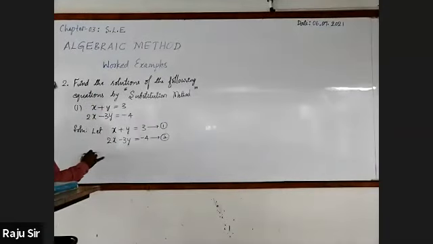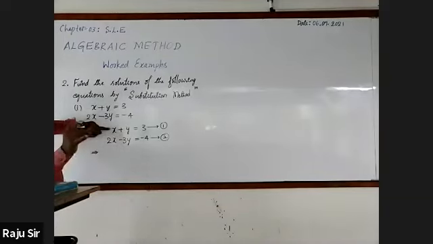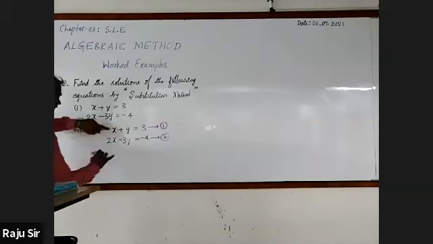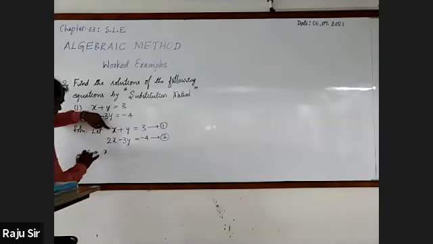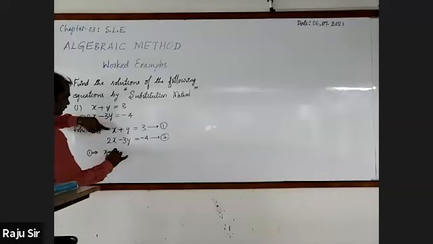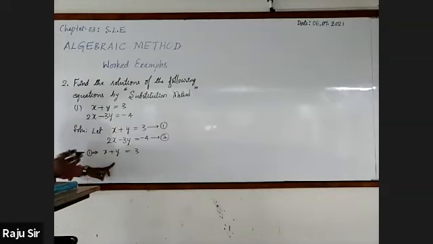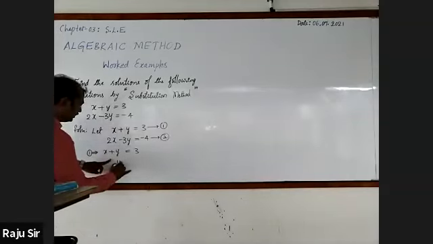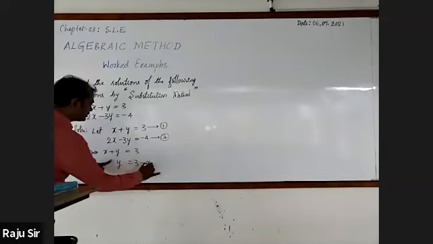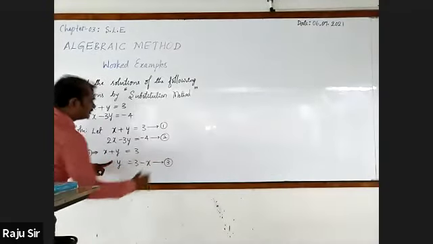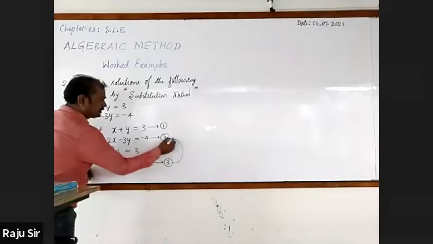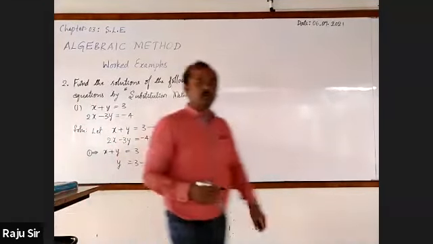In the next step, we will go for choosing any one of the equations. I go for choosing first equation because coefficients are least. So equation 1 implies that x plus y is equal to 3. I solve y. Even you may go for solving x also. So y is equal to 3 minus x. Call it as equation 3. Now substitute this equation 3 in equation 2.